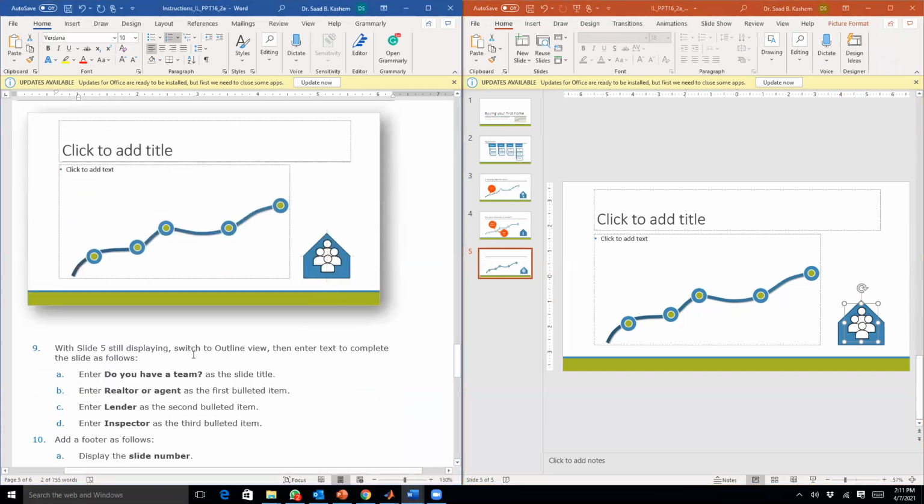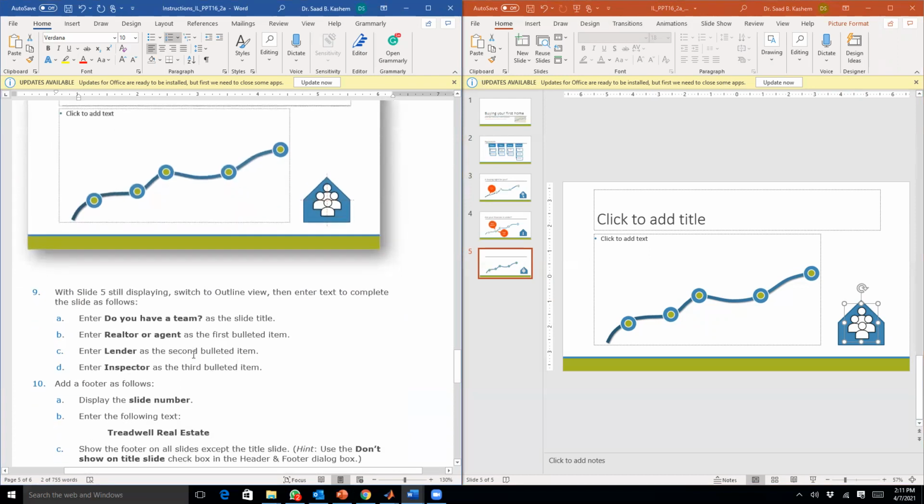Now it says, with slide 5 still displaying, switch to the outline view, then enter text to complete the slide as follows. Okay, so I can go to the outline view. Slowly I go over here and I see outline view. So if I click on this one,